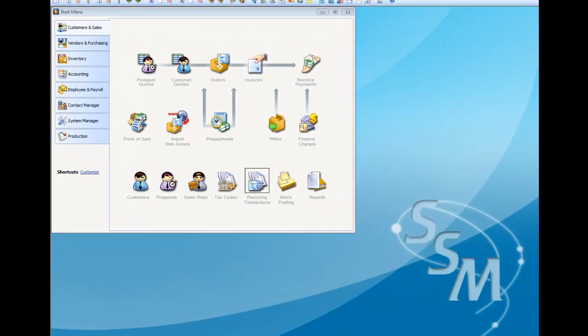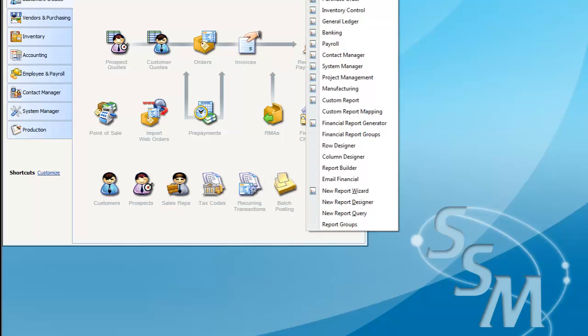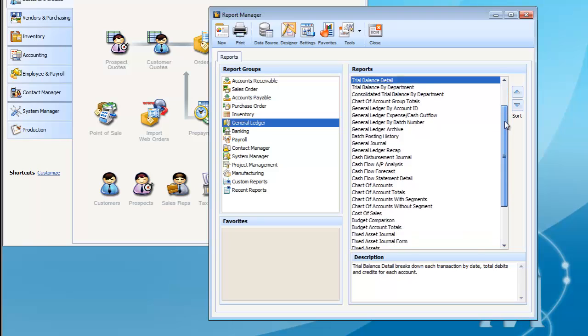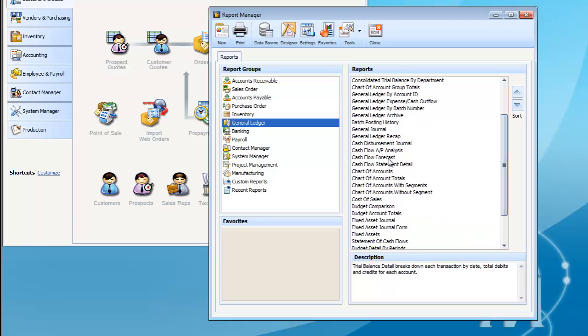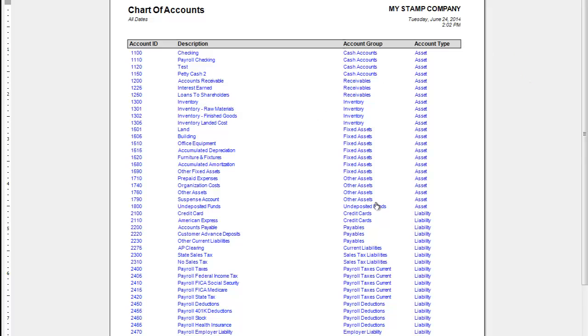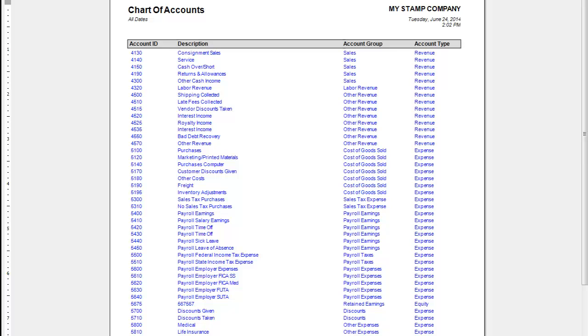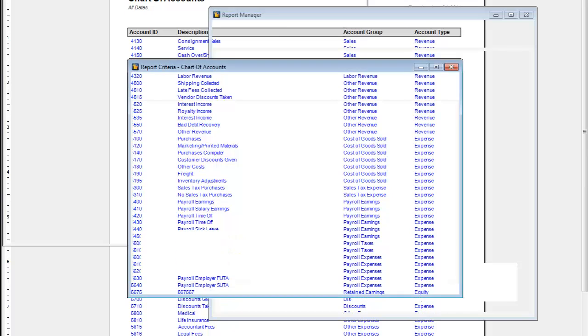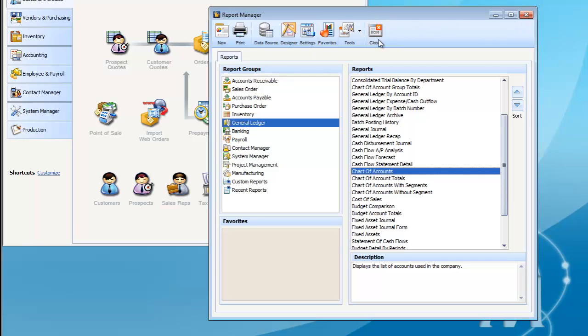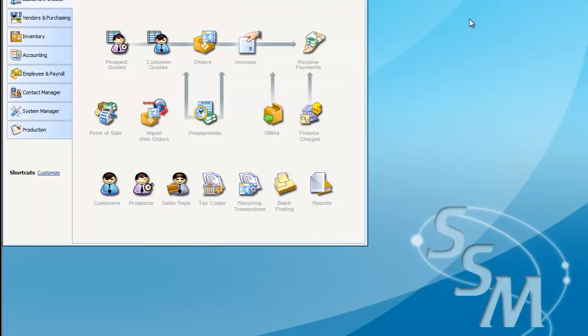Now just quickly, we'll look at the reports, and then under General Ledger we have the existing chart of accounts, and you can look at that chart of accounts either on the screen or print to paper. In many cases you'll see your assets, liabilities, expenses, etc. In many cases you'll want to augment the existing chart of accounts with special accounts that meet your